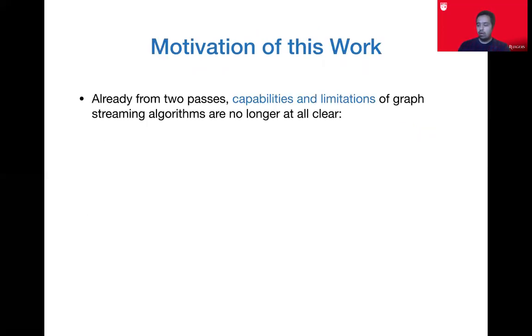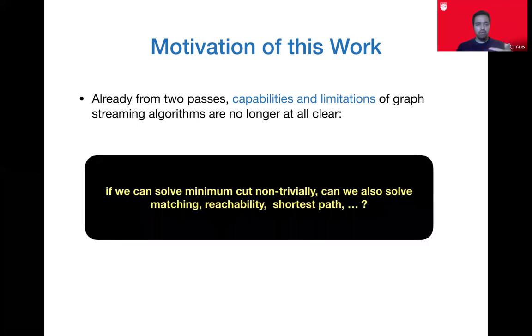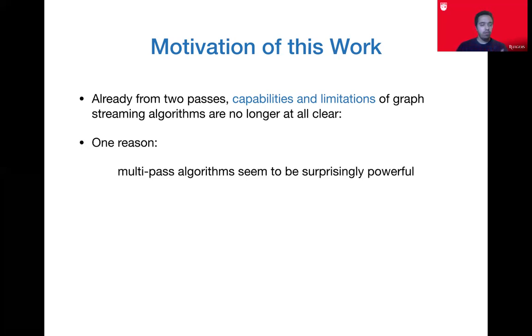So already from 2 passes, the powers and limitations of graph streaming algorithms are not that clear anymore. We saw an example of an exact problem, min cut, which we usually think of as a hard problem, but we can solve it exactly in 2 passes. So what are some other problems? Can we solve maximum flow, maximum matching, reachability, shortest path, etc.? The answer turns out to be a bit hard for 2 reasons. One is that